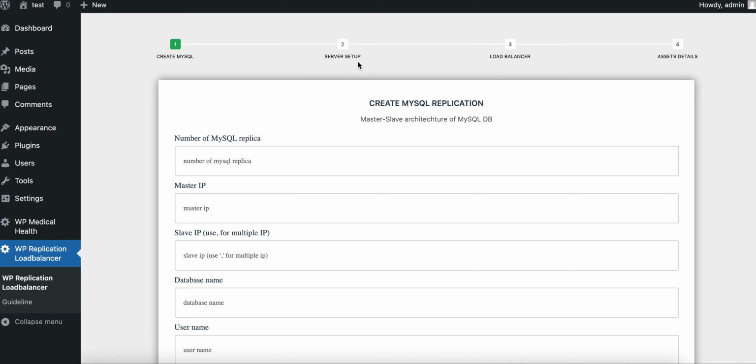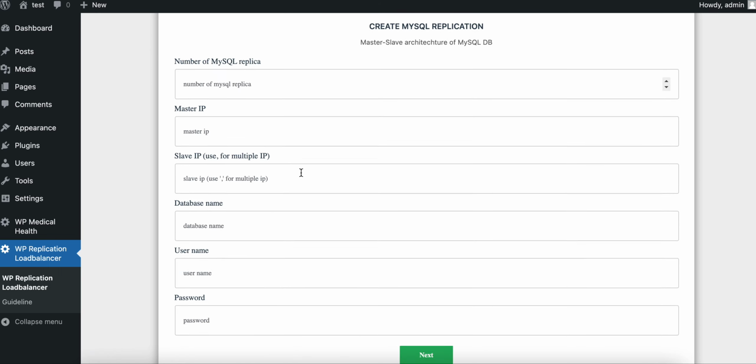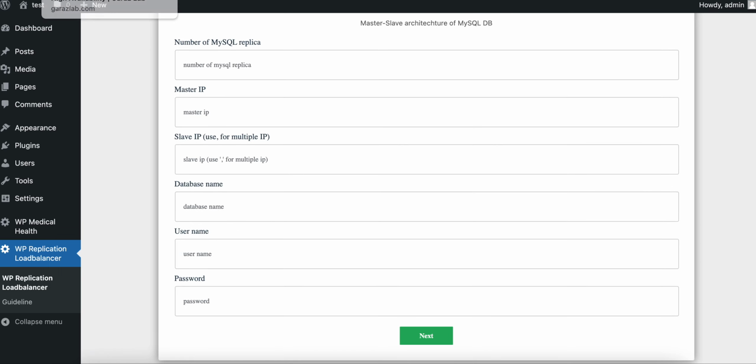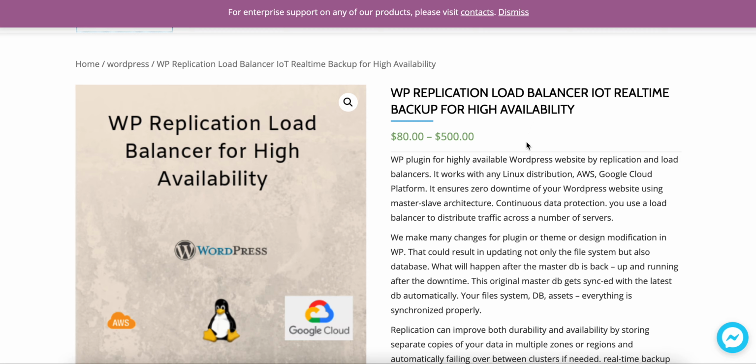It has the server setup, load balancer, and asset details. Just fill in the required forms, and it will create the load balancers, Elastic Compute Cloud, VPC, and RDS databases.